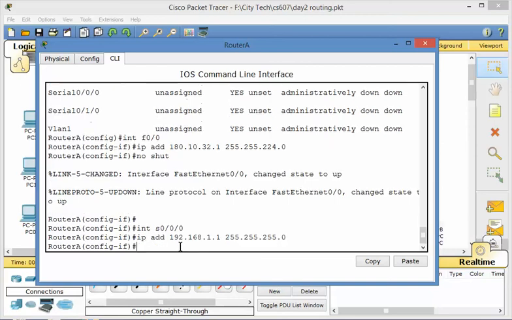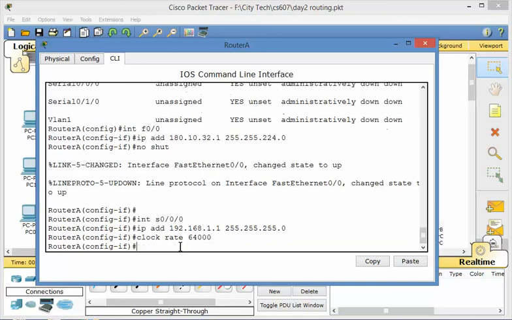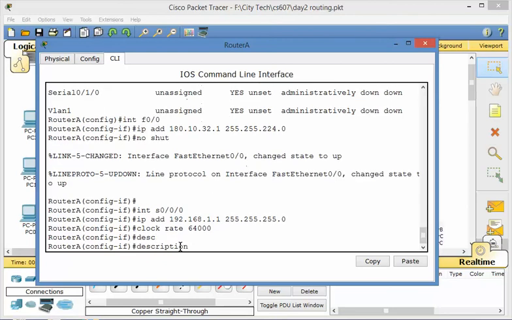255.255.255.0. Alright? We want to do clock rate, because we're on the DCE side. We're going to say 64000. And then we're also going to do no shut. We're going to give the interface a description also. Description: if I hit the tab key, it'll complete the word. Alright, so I'm going to say here connects